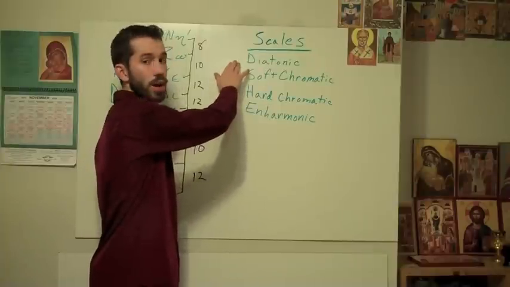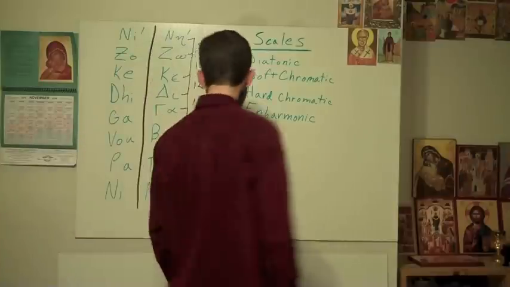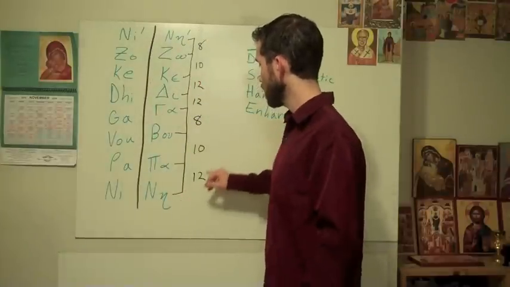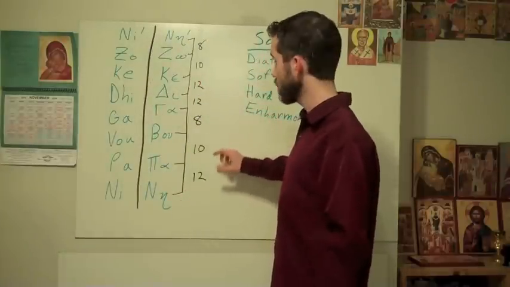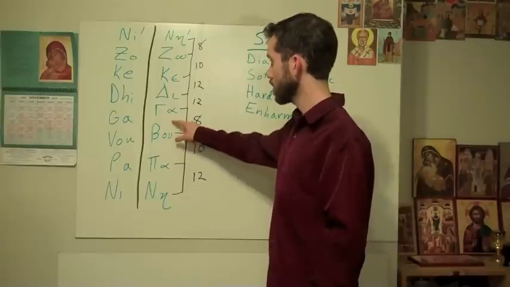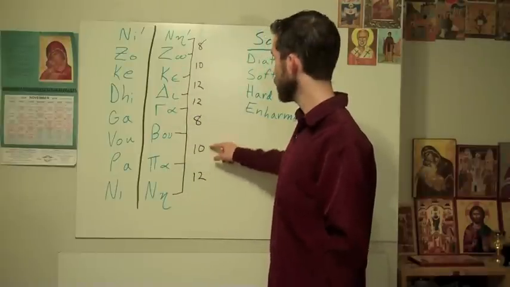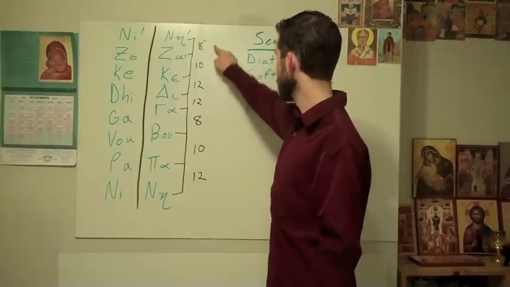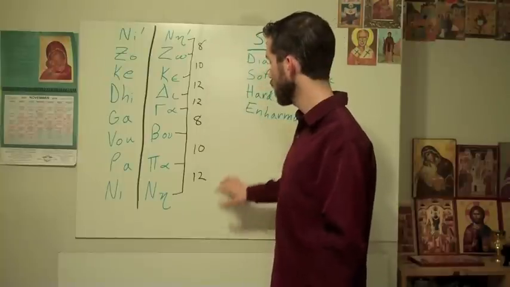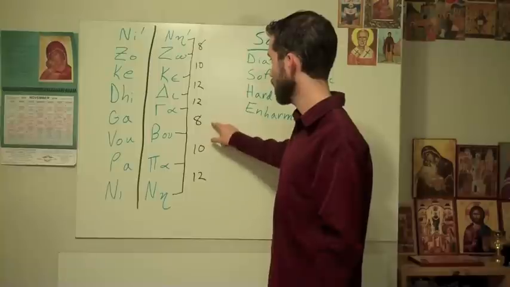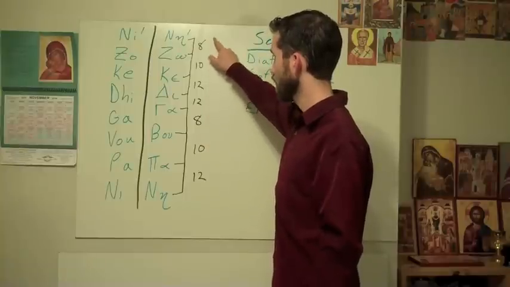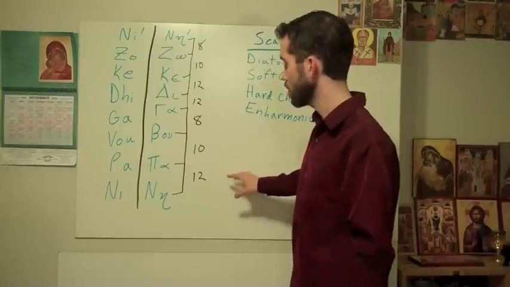The diatonic scale, however, is slightly different, such that as we see over here, the diatonic scale and all these scales will tell us the distance between each set of notes. So instead of it being 12, 12, 6, 12, 12, 12, 6, as it might be for the enharmonic scale, the diatonic scale is 12, 10, 8, 12, 12, 10, 8. And this numeral system that I'm using here